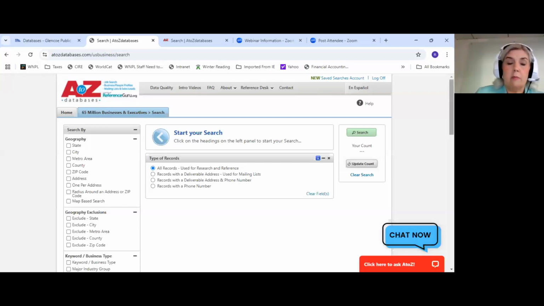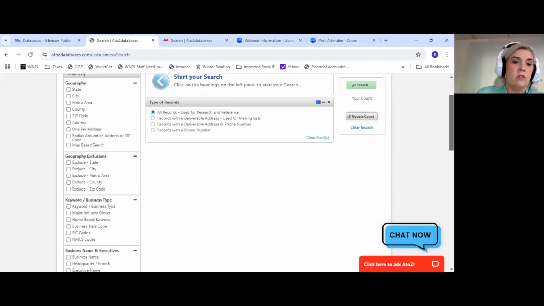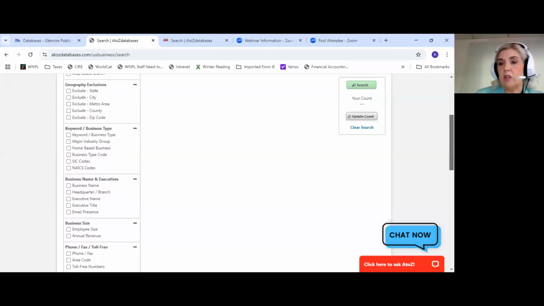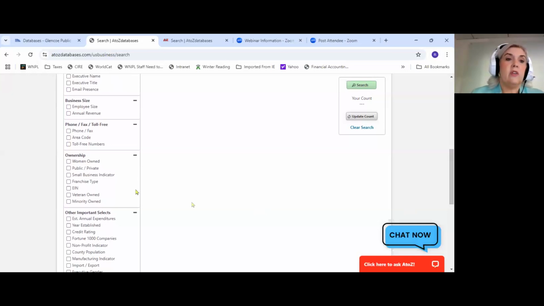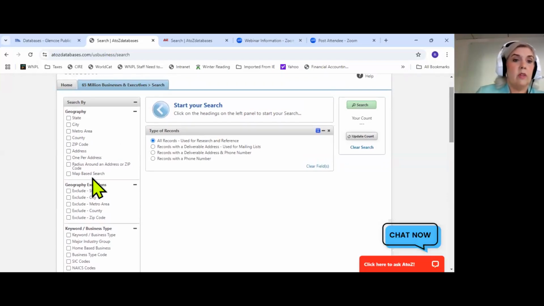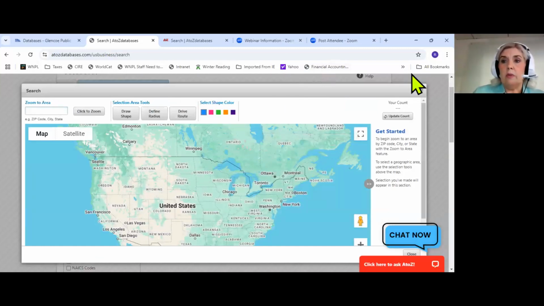We can look for a keyword by business type. Again, we can search by SIC or NAICS codes. We can look by name, both for the business and for any executives. You can limit by business size. You can search by phone number exchange. You can even find things like if they are women-owned, minority-owned, or veteran-owned. So there's a lot of really great ways that you can search for information within A to Z. I want to demonstrate for you what the map-based search looks like. When we click that link, it opens up a map for us, and now we can zoom in